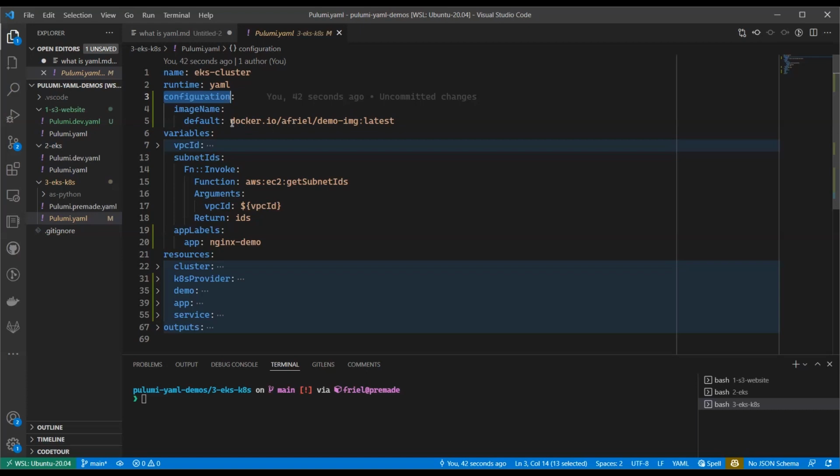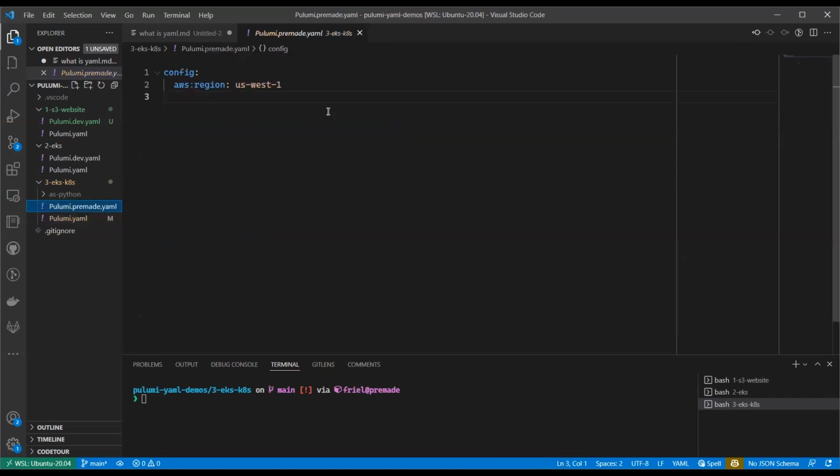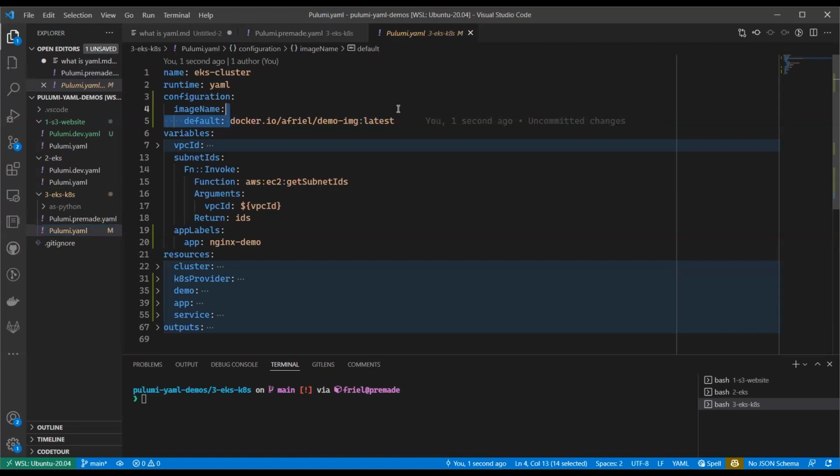We can specify a default here, and if a user were to override that, and I'm going to switch over to the stack config, I could set image name to anything I chose here, and that would then override the config on a per stack basis for that project. So I'm going to stick with my default of just a simple web server image that I've pushed up.